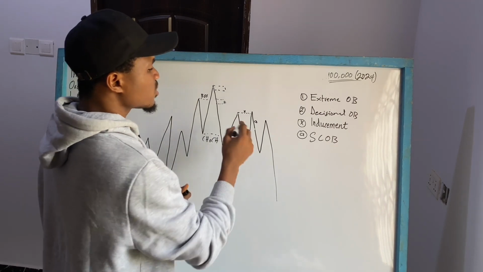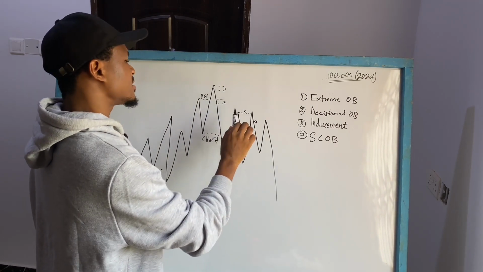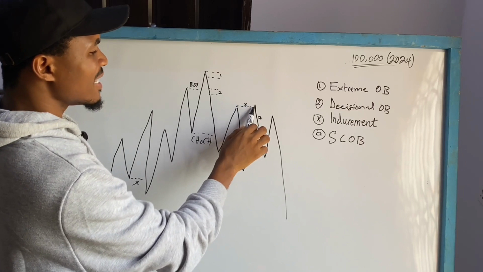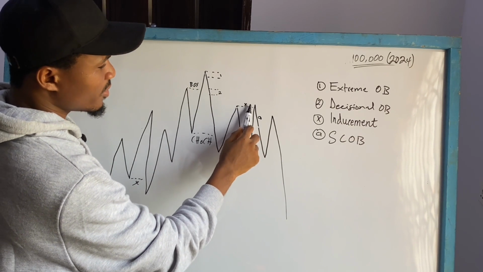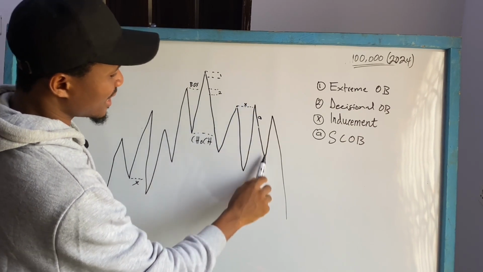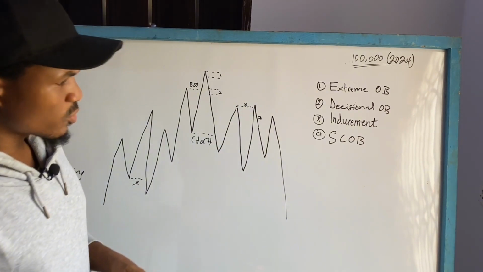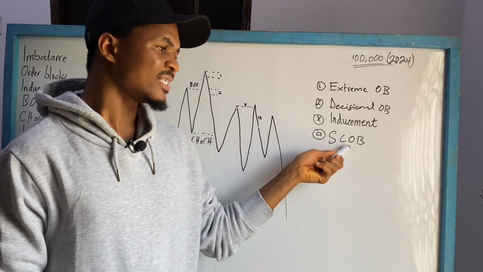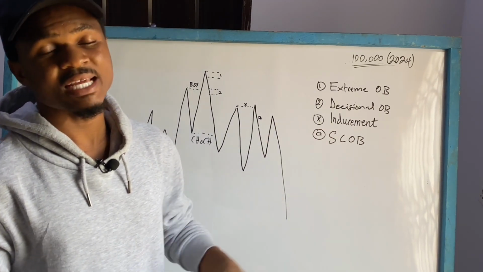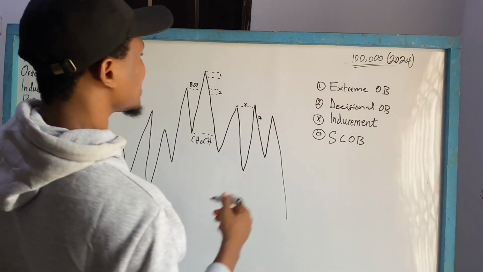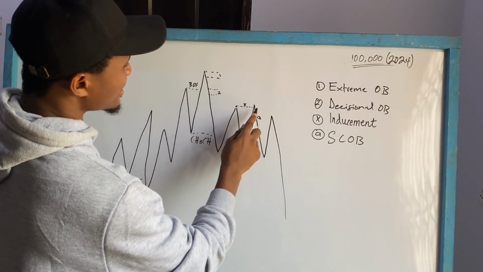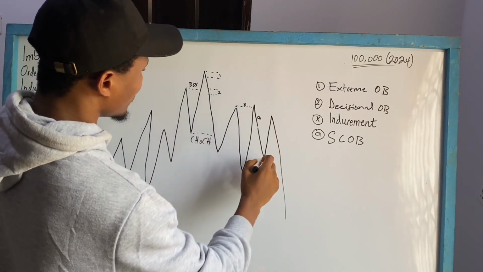Price took out, price literally swept liquidity over here. It did not get to this point. So price just swept the liquidity over here and later on came down. Okay, and this is why we need to know the importance of the single candle order block, which we have studied earlier. All right, so as price went to this point to sweep liquidity and came down,